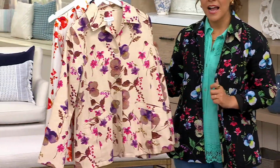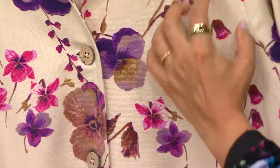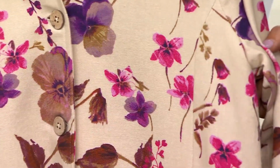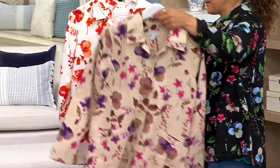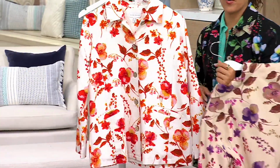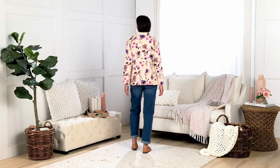We have sand and lilac. So see, you could play with these pinks and purples a little brighter, or you could warm it up too. This one's been the most popular color. So if you want that sand and lilac, don't wait. And then the white and the coral, a 681017. Oh my gosh. Okay,